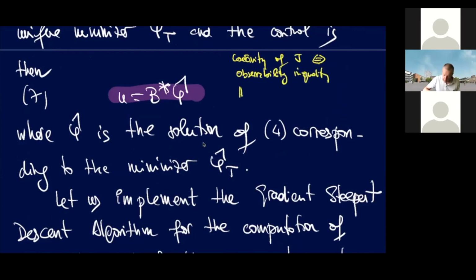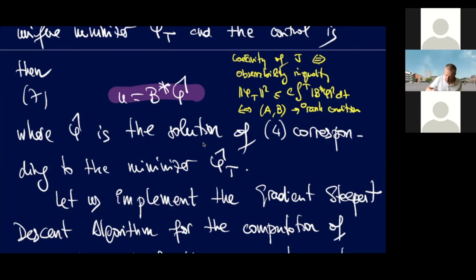Which guarantees that this inequality is true, right? And this is equivalent to AB fulfilling the rank condition, right? Okay. And this observability inequality here, right? This observability inequality here,